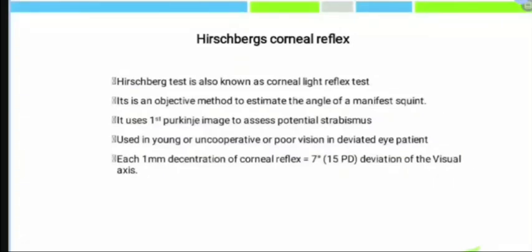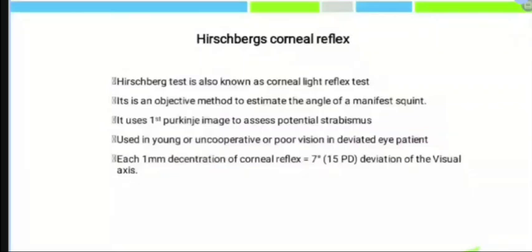Manifest squint is a squint where you are able to see it even without any test. It falls under the first Purkinje image. We all know that we have four Purkinje images in our eyes. The first Purkinje image is the anterior cornea reflex, which is important, and based on this reflex we are going to test it. It is very useful in young, uncooperative patients, and even in people who have poor vision, which is less than